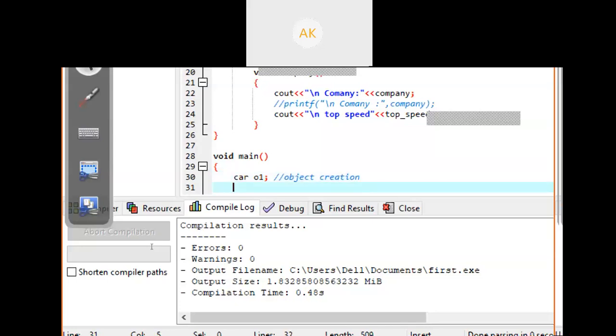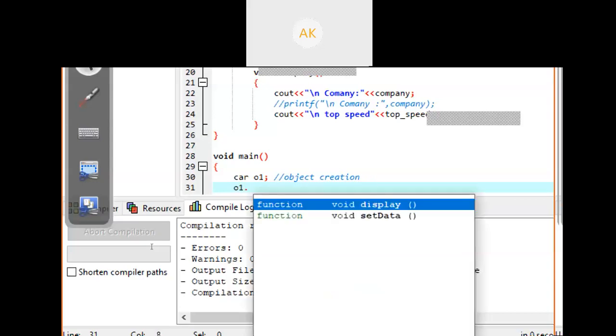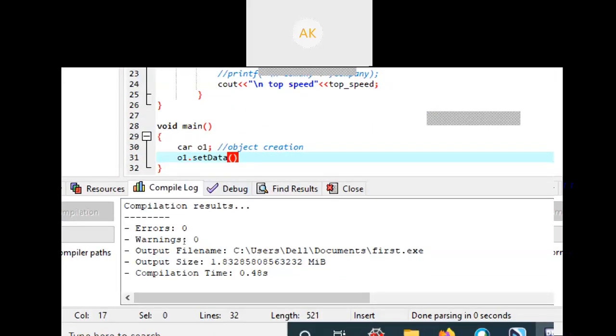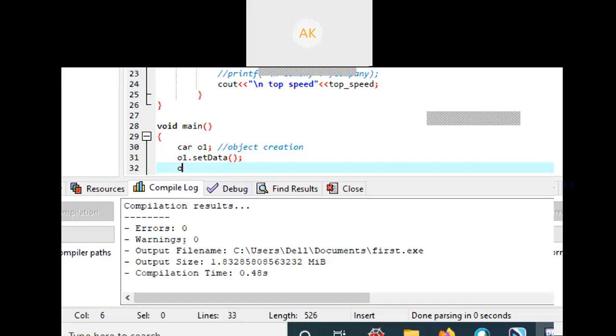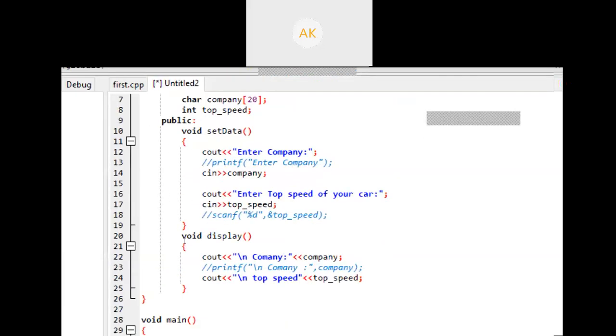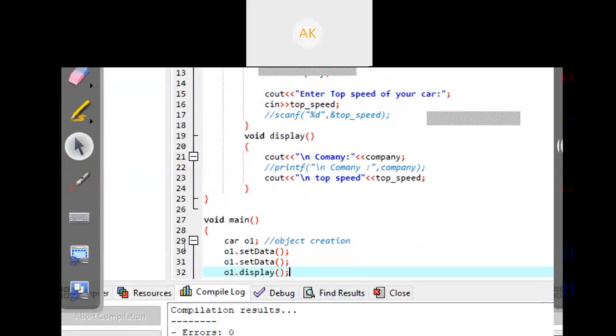We create one object O1. Now we can access the functions of this class using O1 dot your function name. As you can see here, it is giving me suggestions for which function you want to use. I want to use set data, so just write O1 dot set data, semicolon, and next access O1 dot display function.